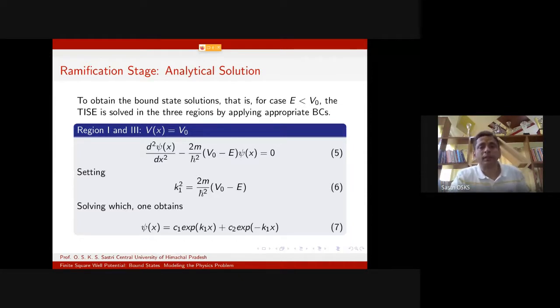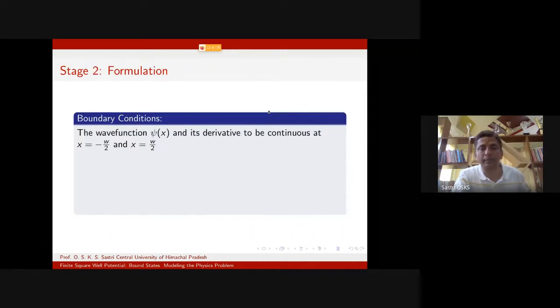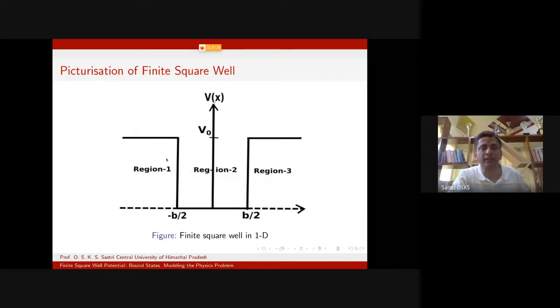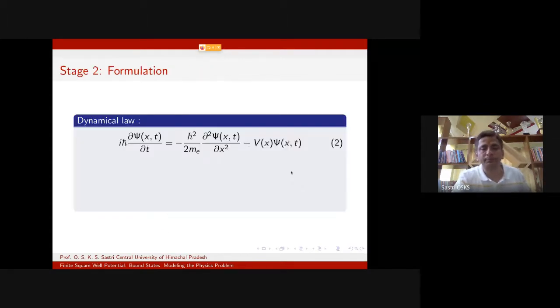Okay, Sunil Bansalji. So to obtain the bound state solutions, we take the case E less than V naught. The whole thing can be divided into three regions, right? This is region 1. If you are looking at bound states, there are two types of problems you can try: one is E less than V naught and one is E greater than V naught. E less than V naught is called the bound state solution and E greater than V naught is called the scattering state. Now E less than V naught is what we are interested in. So there are three regions in which you have to solve the Schrodinger equation. This is well known to you.